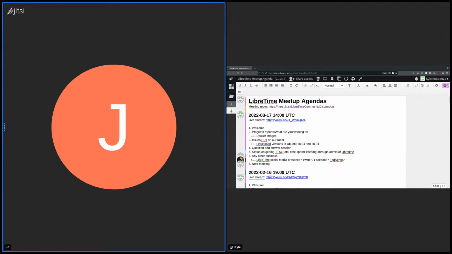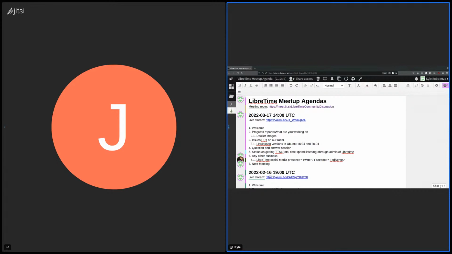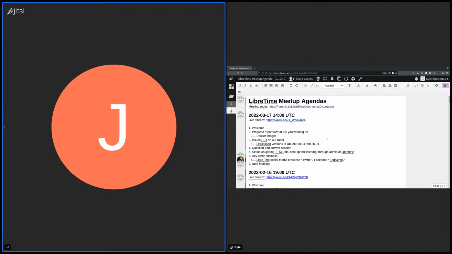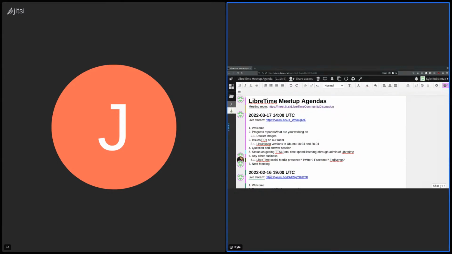Sorry, I've been away for a week from LibreTime, and we've been working a lot on the release of Alpha 11. I don't know if this is a progress report or further work, but I've done some testing. It looks fine. I've been trying to get a working version of Liquidsoap into the PPA and into the installer before we do the release.